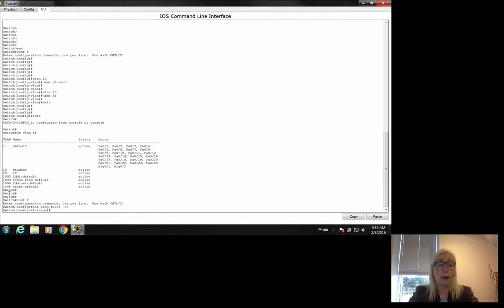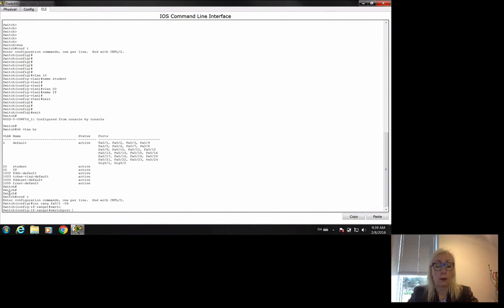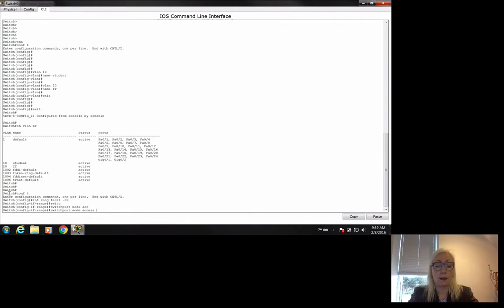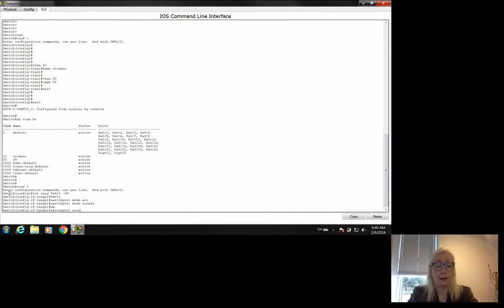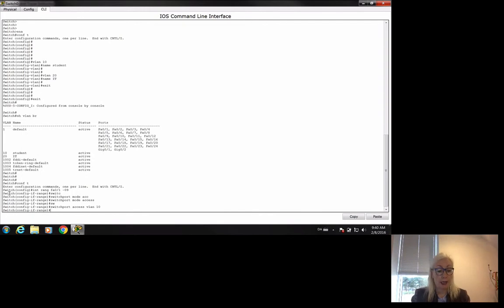0/9, and I assign this to, I do a switchport mode access, and I do a switchport access vlan 10. So now I have assigned all the ports from port 1 to port 9 to VLAN 10, and I do the same thing with the range from 10 to 23,